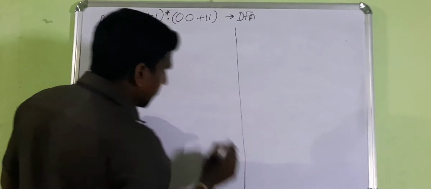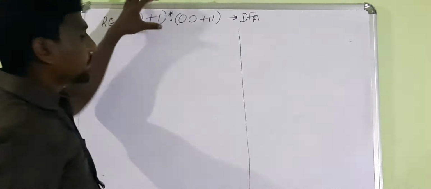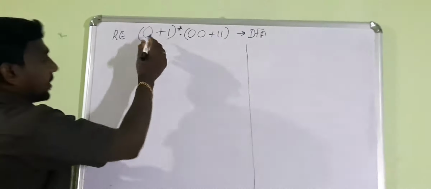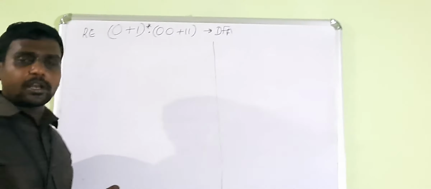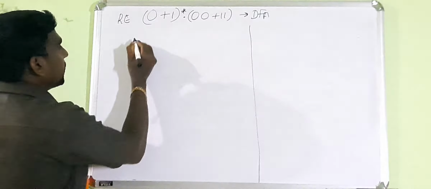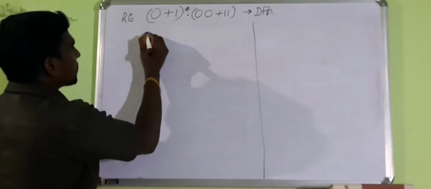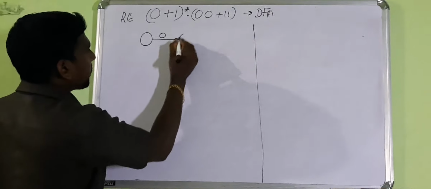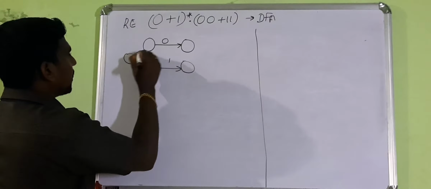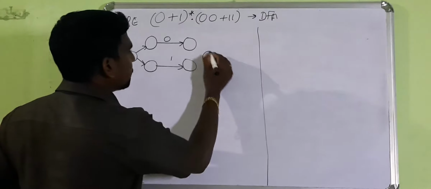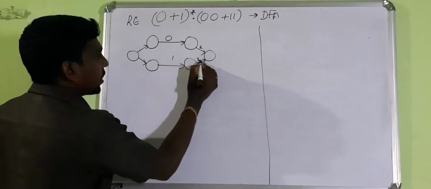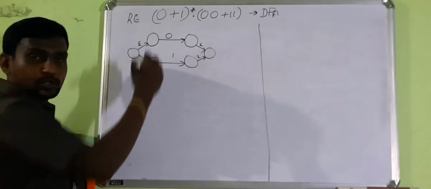First you have to convert this regular expression into epsilon NFA using the Thomson construction method. If you want to know more, refer to the last video class. That is 0 plus 1. That is a union operation, so the automaton comes like this: this is 0, this is 1, and since plus means we have to add one state, we connect like this. Clear? For 0 plus 1 the whole star, the remaining connections we put as epsilon.